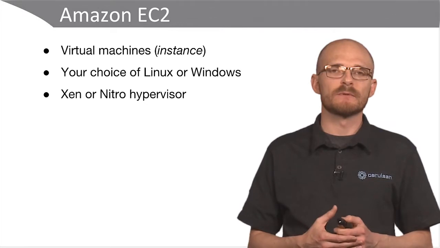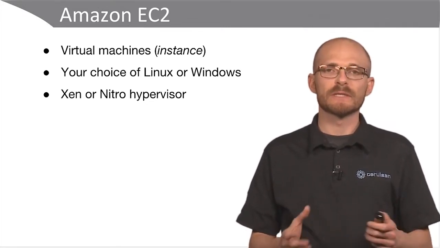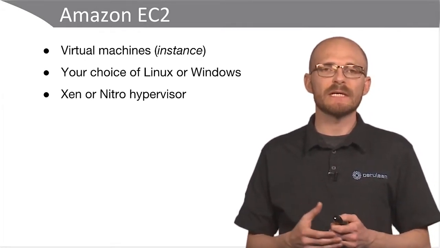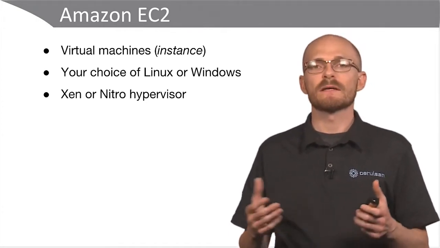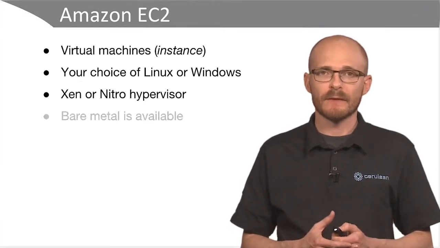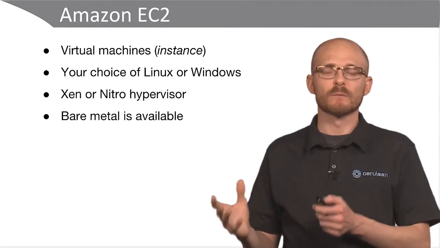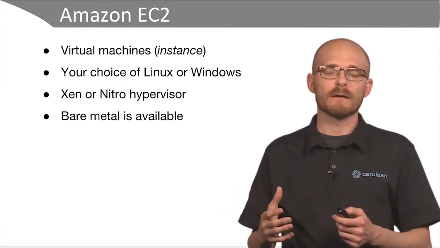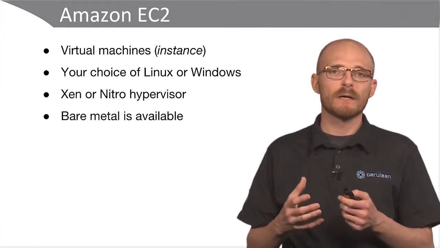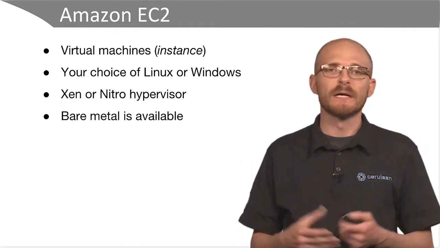Amazon is responsible for the implementation and the security of that hypervisor. Up until recently, Xen was the hypervisor for everything, but in late 2017, Amazon did announce support for the Nitro hypervisor, which improves performance very significantly. Bare metal is also available, so if you have particular workloads where you need critical performance and you want to get out from underneath any overhead that might be incurred by the hypervisor, you can gain